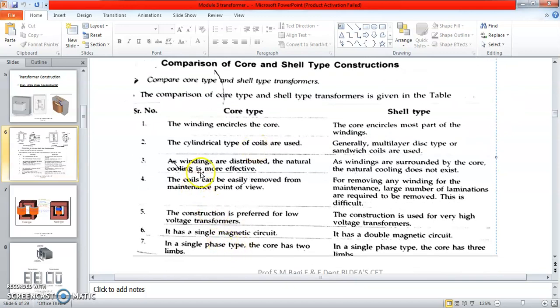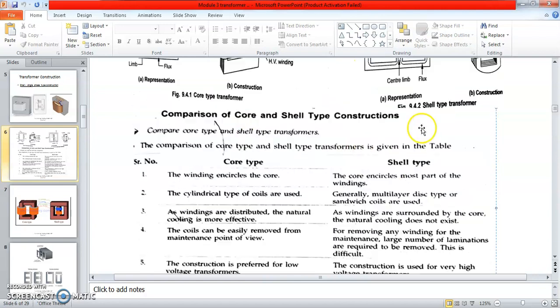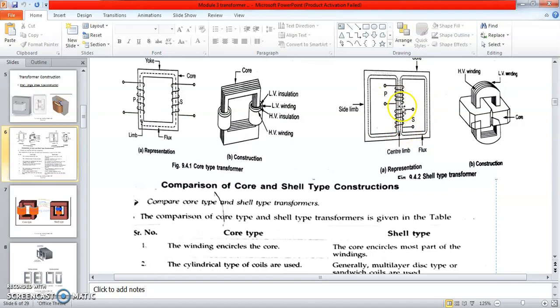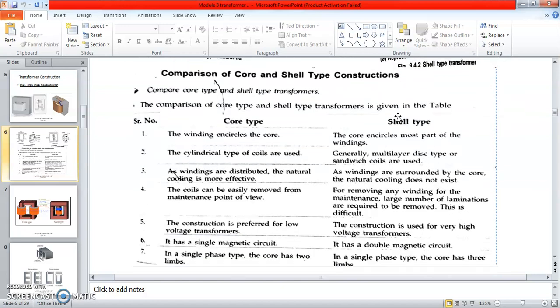And one thing, if you see shell type, whatever laminations are there in terms of the coils provided in shell type, like sandwich type. In shell type, sandwich type, they'll prefer these coils. Okay, so that's why if any fault has happened, it is difficult to come out from that. Whereas here in core type, even though a fault has happened, it can easily be interrupted. But in shell type it is difficult. Okay.